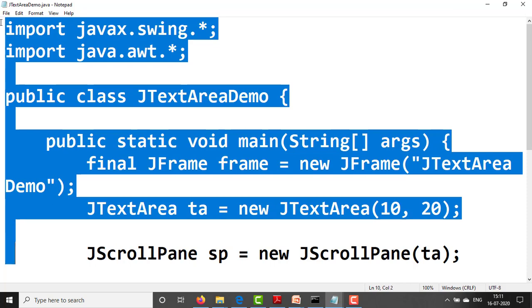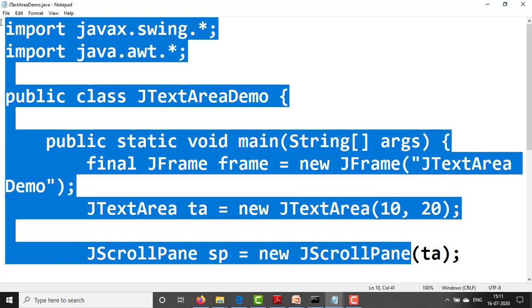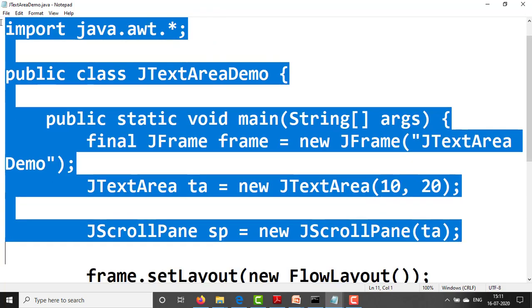Next, use the scroll pane: JScrollPane sp equal to new JScrollPane, passing the text area ta here, bracket complete, semicolon.